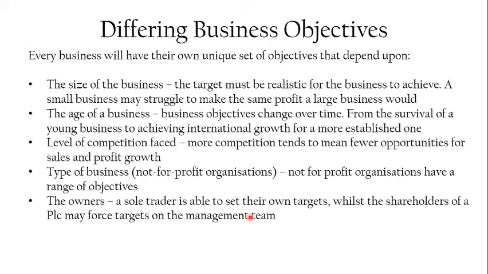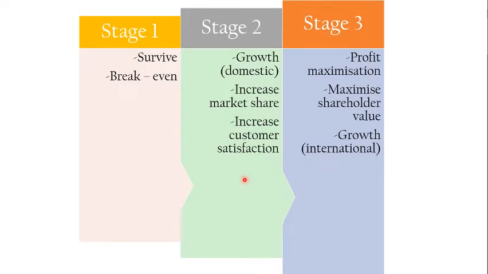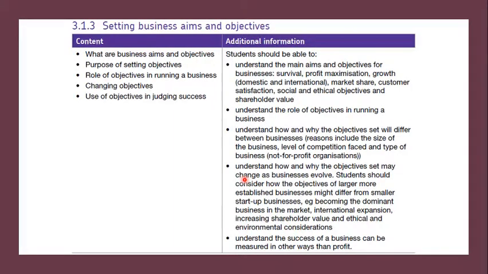A sole trader would be able to set their own target, but as an organisation grows and maybe the ownership structure changes, or a private limited company turns into a public limited company that's got shareholders who want to maximise their dividend payments rather than be interested in, say, the long-term growth of an organisation. The owners of a business, of course, have a huge impact on what the targets of that business are going to be, and the more owners there are, the more different views there are on what sort of targets should be set.